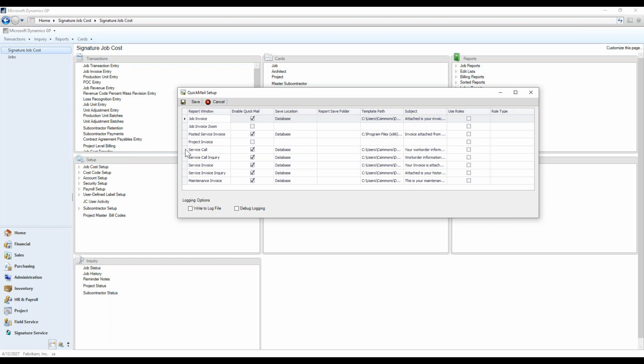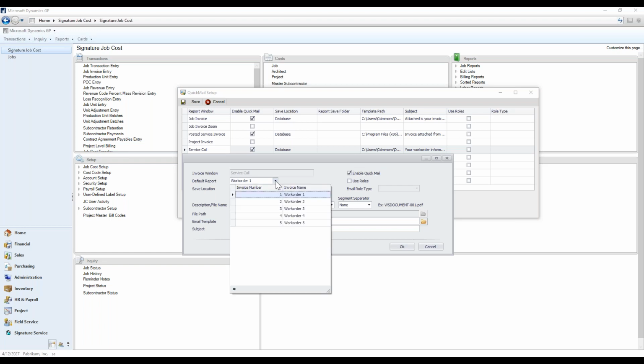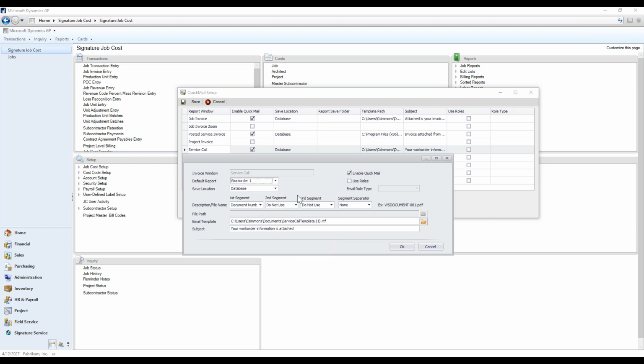But I'll pull up the service call one here. And we'll take a look. So first off is the enable QuickMail option. And this is how you would turn it on for those particular windows that you want to use. And then we have the ability to select which reports you want to use. So this is in the service call window itself where you'd be sending out work orders. So within Key to Act, there are several work orders that you could choose from a format perspective. So here you're saying, this is the one I wanted to use. So work order 1. Next couple of questions get into WS Docs and where it wants to store for document